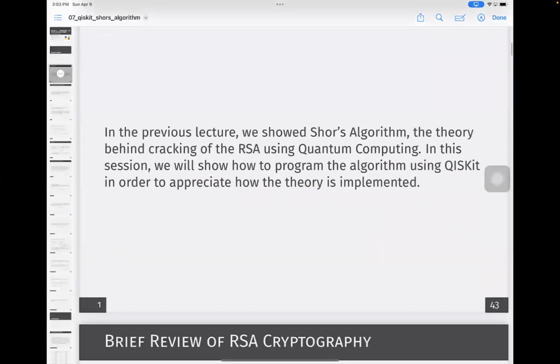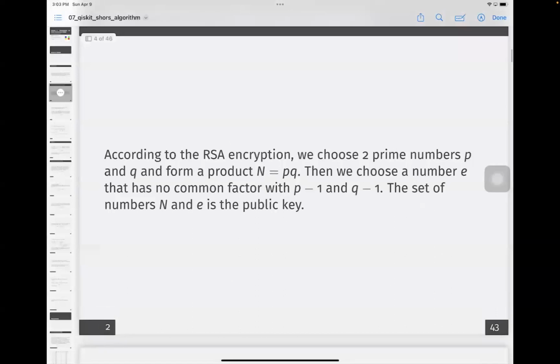Okay, so in the previous lecture we showed the theoretical foundations of RSA, and we learned how to decrypt using a public key and private key, and then we also learned how we can crack the RSA using a method known as period finding, assuming that you're able to compute the period. So, to make things a little bit more self-contained, what we'll do now is give a review of the theory